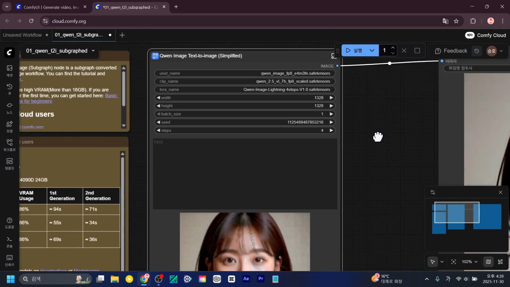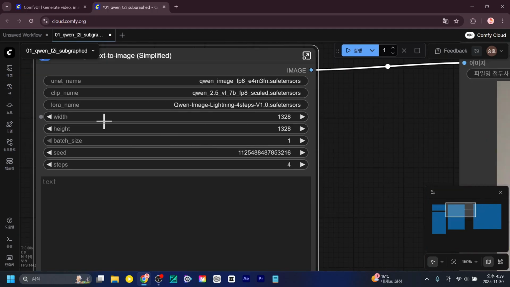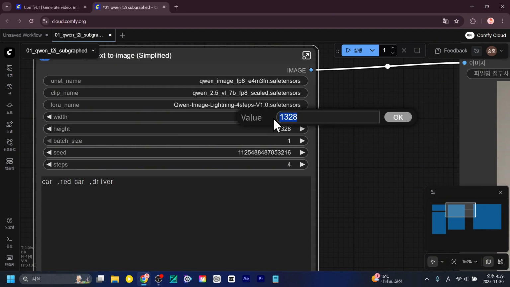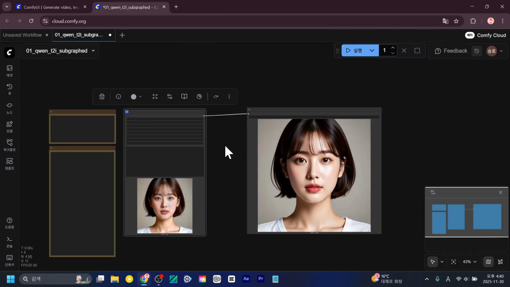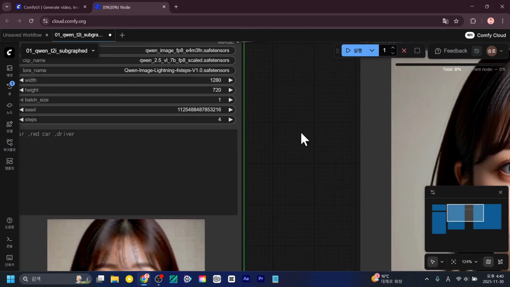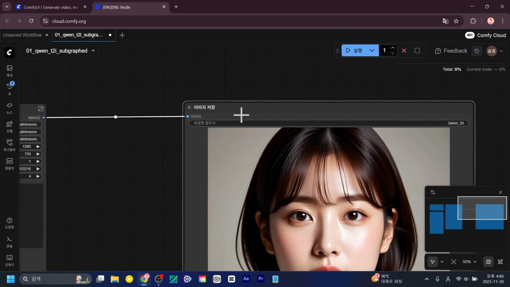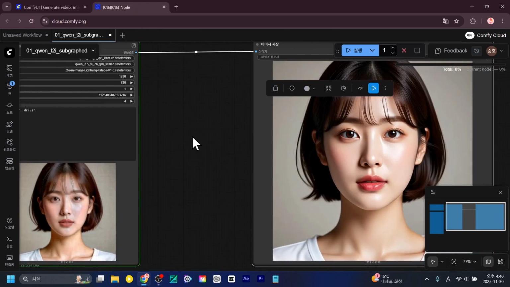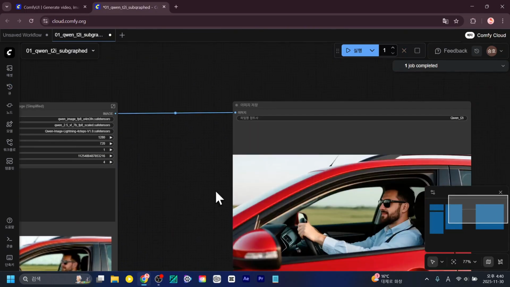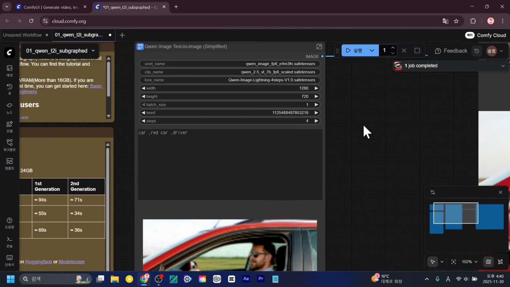When you're creating images, you can just use the sample images like this. If you look at the specifications, they're written like this, but for the specs, you can just adjust them freely as you like. Let's try setting it to 720 this time and run it. That should give us a thumbnail ratio, right? At this level, the generation speed seems to be quite excellent. I'm trying out the API system now. It created it with the feeling that there's a driver, like someone is driving.